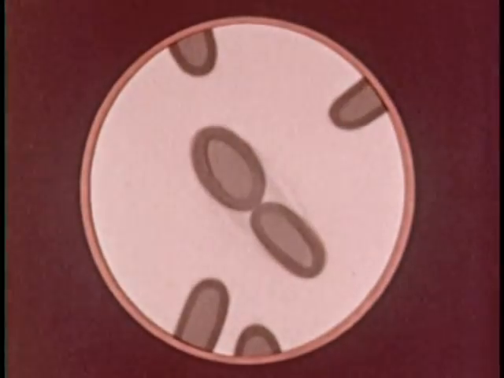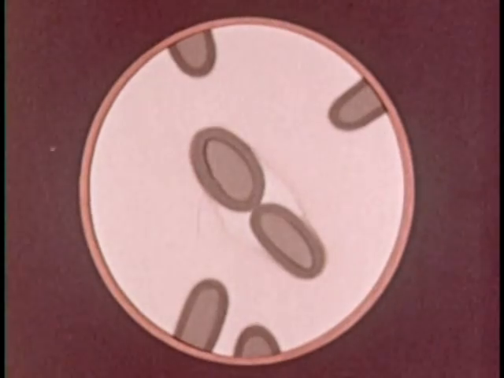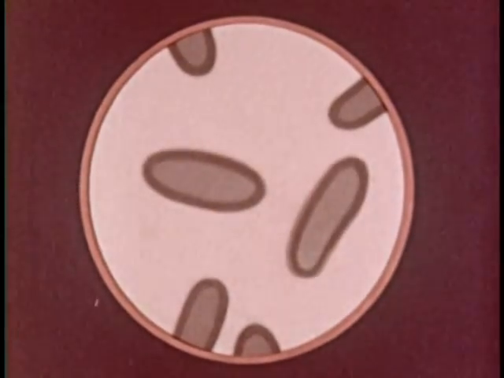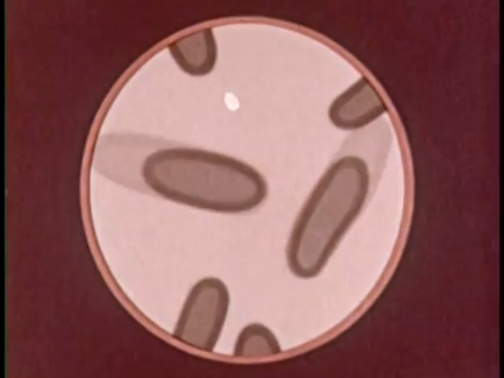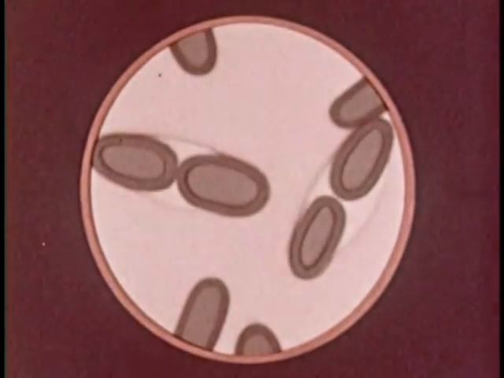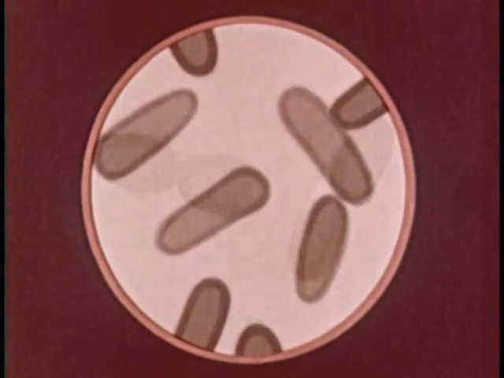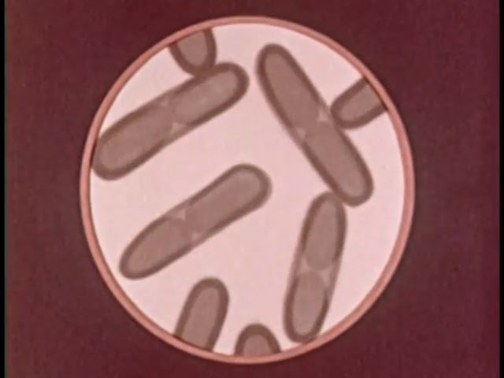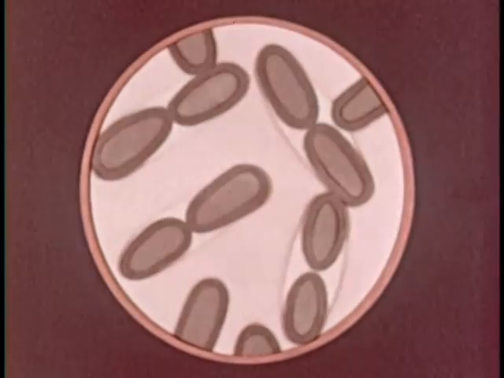The life processes of bacteria are simple. We've already seen how bacteria obtain food. Now we will consider their reproduction, which takes place through simple division of the cells. In drawings, we can see that bacterium cells are continually growing. When a cell reaches maturity, it divides again. This goes on and on about every half hour, as long as the food supply holds out, or until some unfavorable condition slows down or stops their development.